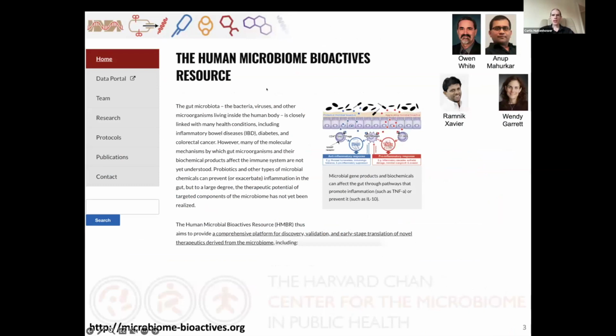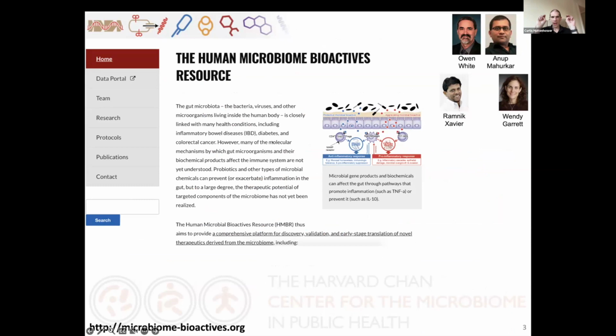One of the platforms that we have for doing that is the Human Microbiome Bioactives Resource, or HMBR, that's been developed as an NIDDK-funded resource over the past several years. This is a collaboration between our group, Owen White and Anoop Maharkar at the University of Maryland, Wendy Garrett, my co-director at the Microbiome Center at Harvard, and Ramnik Xavier at the Broad, where the goal of the HMBR is